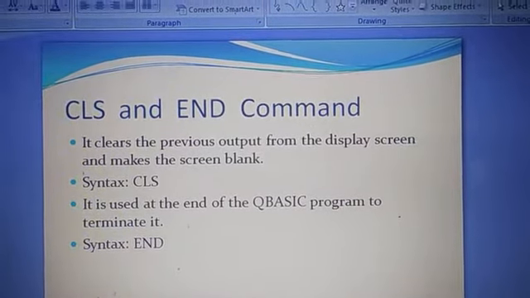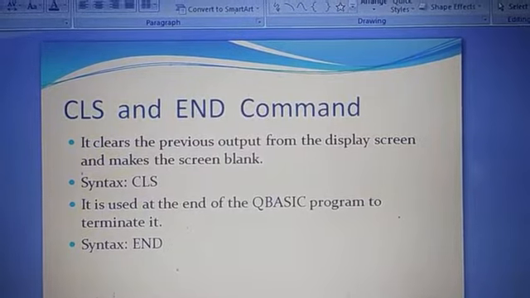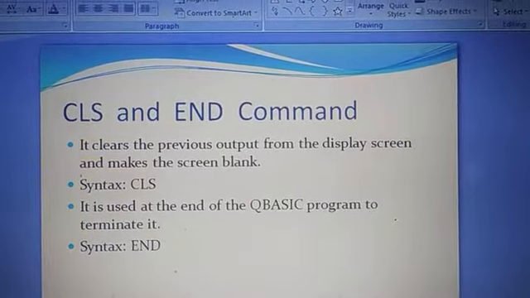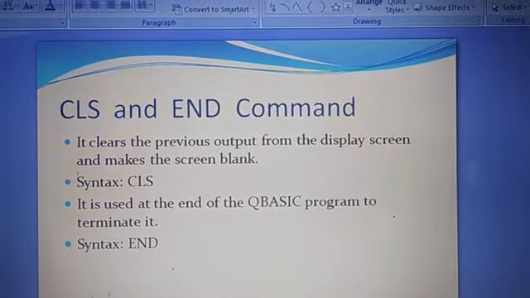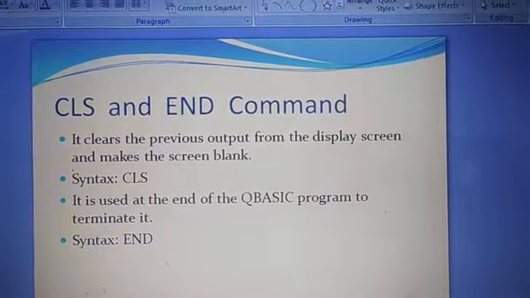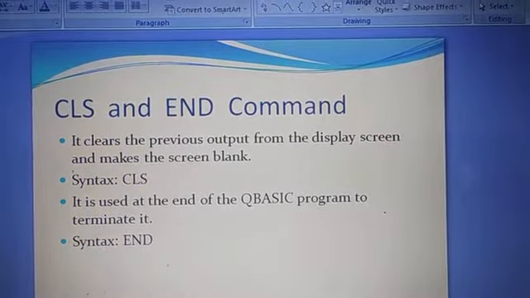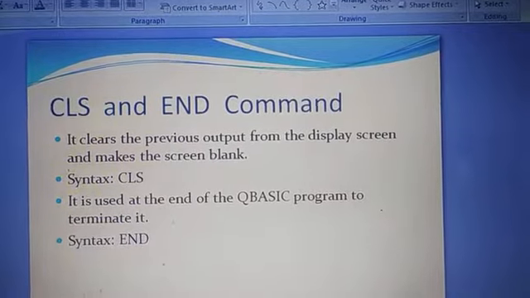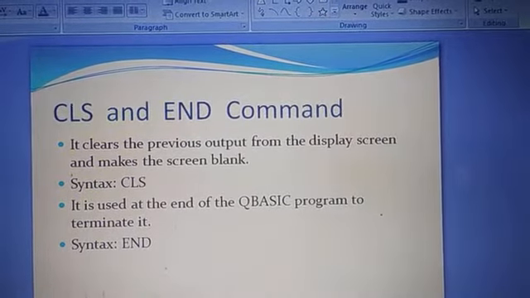If you don't write the CLS command, then the output of the first program is also present there. So CLS is used to clear the output screen. Then the end command is used to end or terminate the QBasic program. Its syntax is simply end. The syntax of CLS is simply CLS.